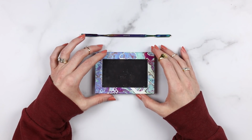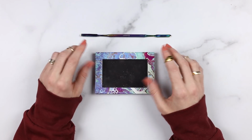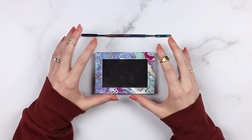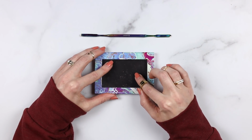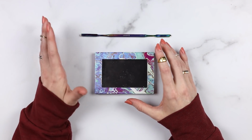Lately, when I've done this, I've done it by looking at a picture of a palette that's new to the market, or in most cases, two different palettes that are new to the market, and basically making my own version of those palettes. So I've been building my own palette out of my own single eyeshadows to use instead of buying new palettes. And today, I'm basically doing the same thing, but instead of looking at a specific palette or